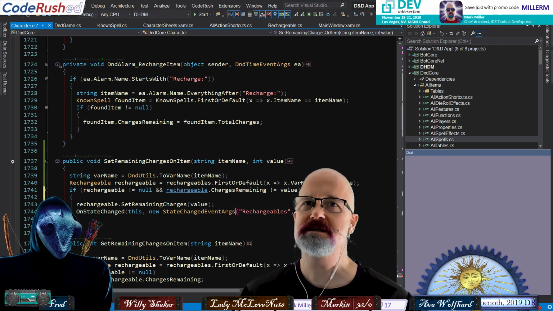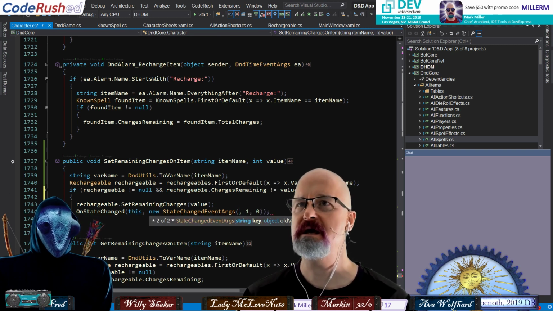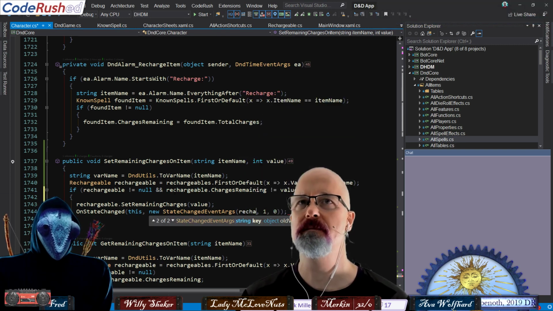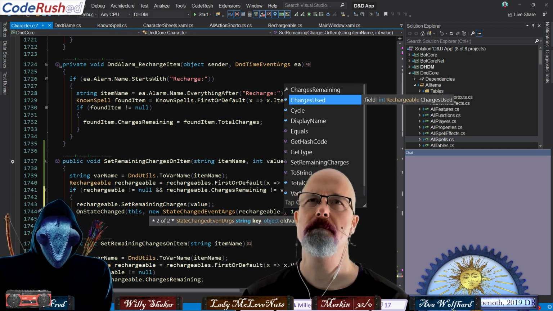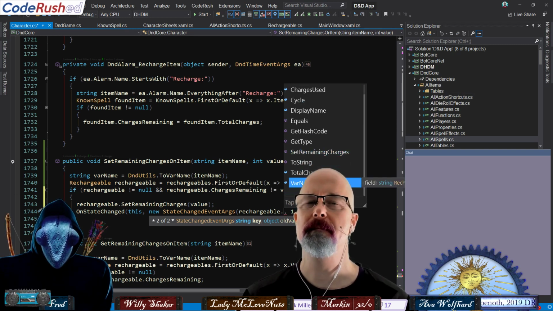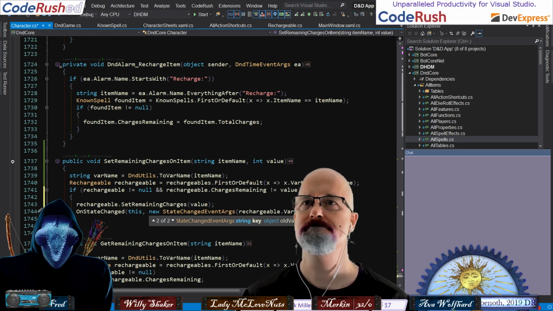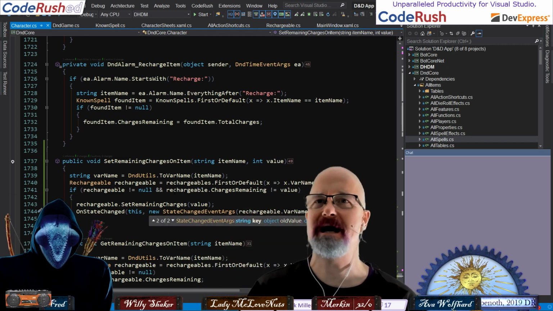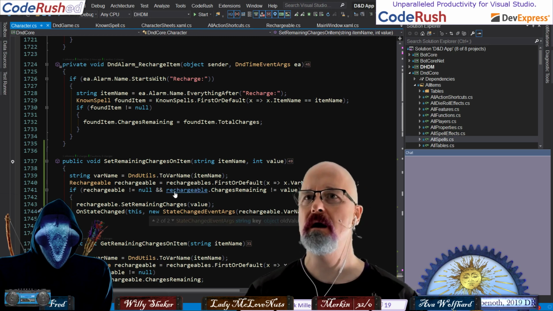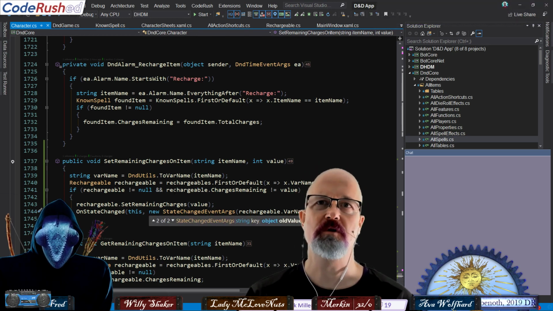Okay, this is the key right here. So the key here is going to be rechargeable dot var name. I'm pretty sure, because we're adding the UI and attaching it with its var name as well. And then what are these other two parameters?